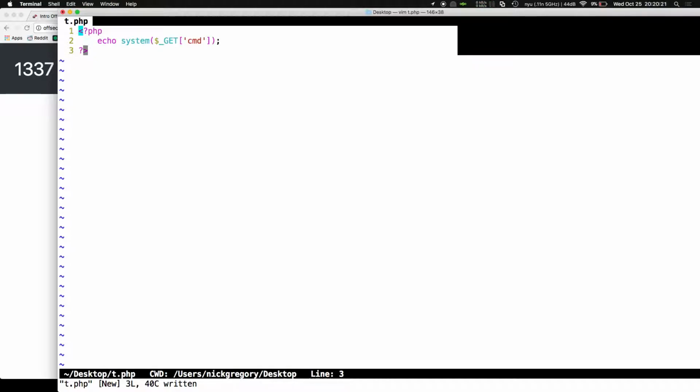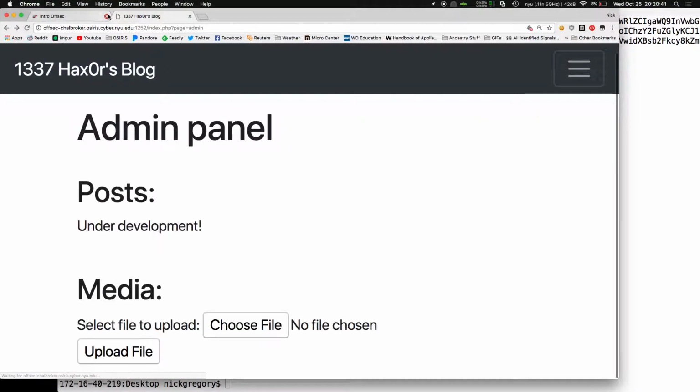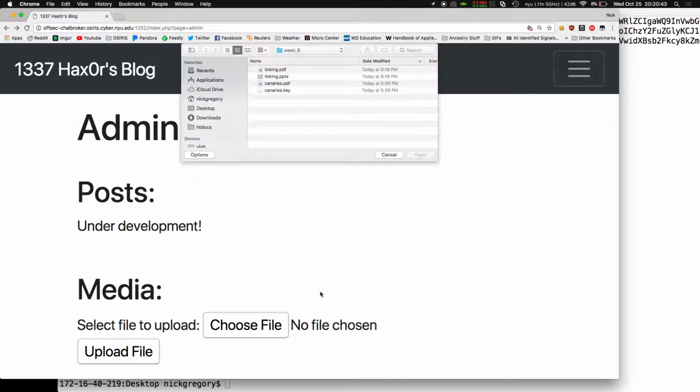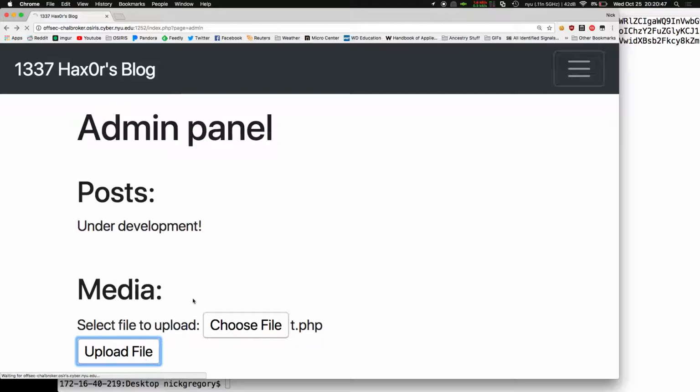It's going to take the output from calling system on whatever command you specify in the URL and just kick that right back out to you. So you can do whatever you want with this. And assuming, let me make sure I didn't typo anything, looks fine. If we now go back to our admin page, we can just choose this PHP file, upload it,